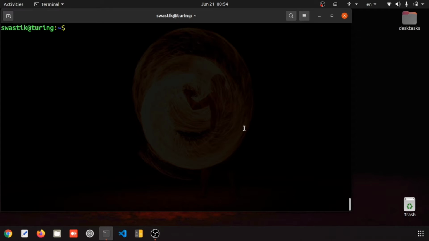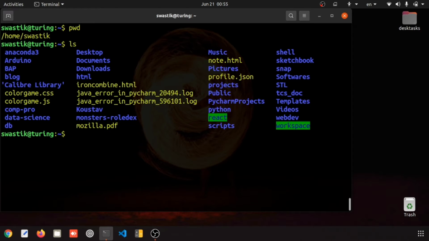Now we'll be changing our directory. We are currently standing here, and we want to change our directory to the desktop. In the GUI we want to come back to here, right? So you just press ls, and you can see a couple of directories and a couple of files, as I told you earlier.